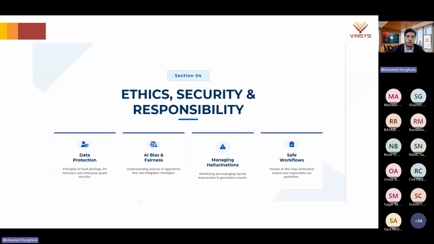Speaking about that, what are the things you should look for? Data protection and AI bias. Data protection means never share confidential information with the AI, and make sure to use an official AI system to avoid data leakage. On AI fairness, always look at the output coming from the AI.